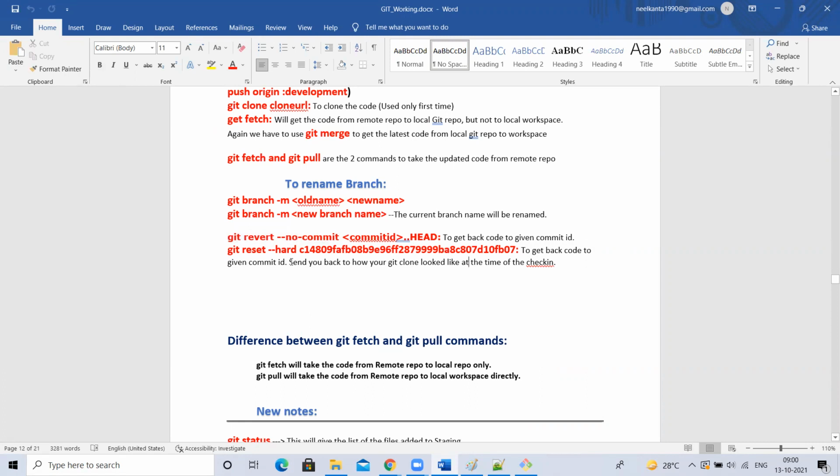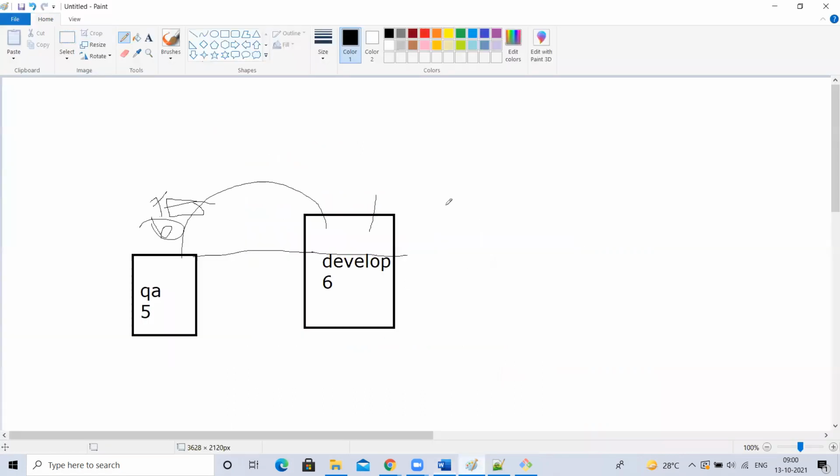But one problem is there. If you have merged any changes, it will create an issue. I merged, see, from here to here, I merged to QA branch. Now, if I want to switch, see, there is a 7th commit ID, which is a merge. Now I made the 8th commit. I want to check out, meaning I want to revert from here to some other ID. In between, there is a merge, right? It will cause an issue. So in such cases, we have to do it very carefully.